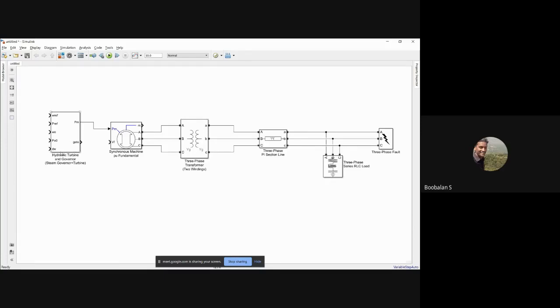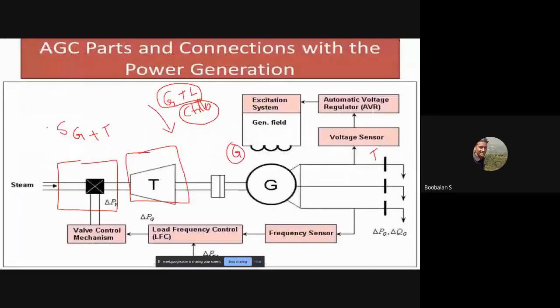Now you could see here, this is my mechanical part. You could raise a question actually in my PPT. See here, whenever a short circuit fault occurs or the load is changed in my transmission line, definitely my synchronous generator is going to lose its speed. With the help of the controller, it will again gain its speed. This is what is actually happening.